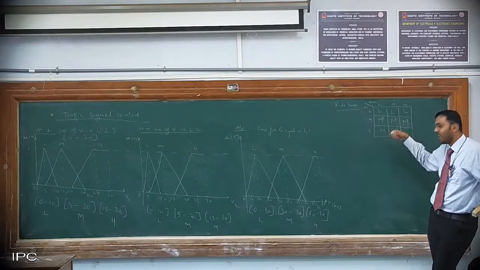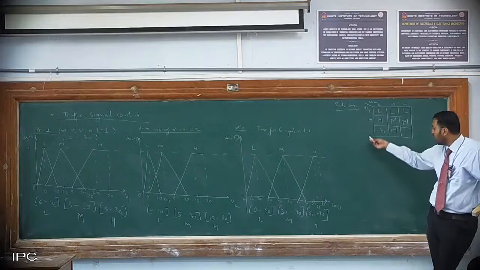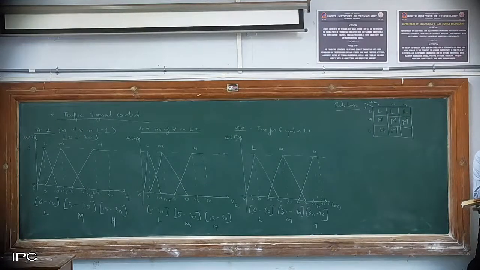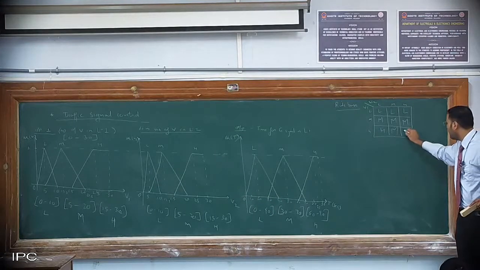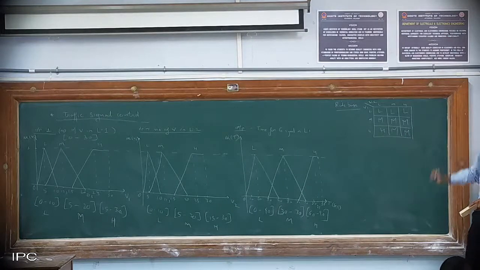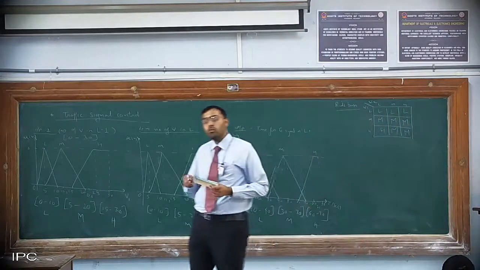So always consider this. Your answer is correct. You can go for high also, but medium will be a better choice. Now you tell me, when both the things are high, what will you do? Time required should be medium, because if you give more time for one lane, the second lane will have traffic that goes on accumulating there. So it should be medium. I hope you understood what we have written here. Fine. Now let us take an example. Clear everybody? So this is the rule base which we have done.